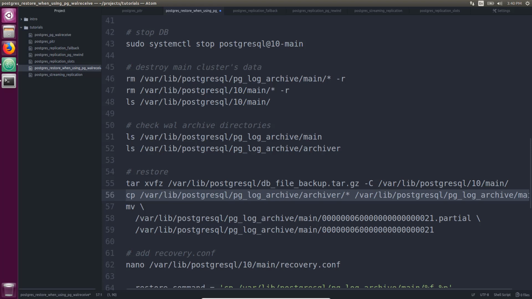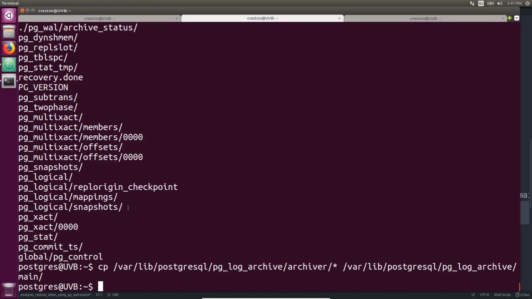How you do that is basically do a move command or a rename command to remove this partial suffix. Now, if you don't do this, a replica that you have, or even the pg_receivewal archiver, will have difficulty following the master after restore, because you will be missing part of the WAL files that they received. So we'll go ahead and copy that